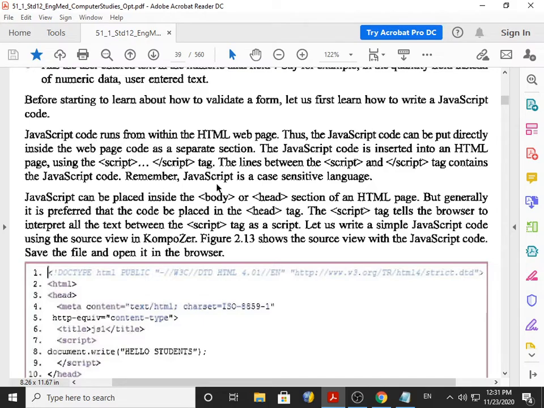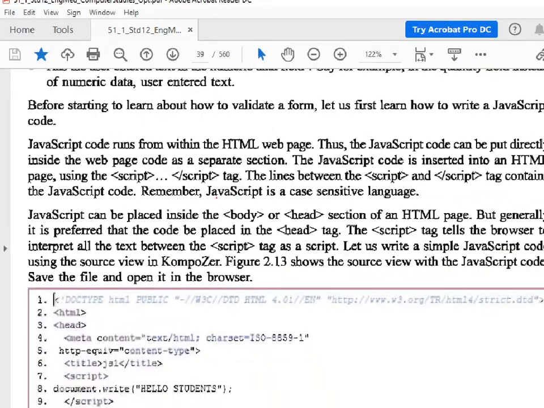Remember, please underline, very important sentence: JavaScript is case sensitive. It means whatever we are writing in JavaScript, we have to be very careful about capital and small. If the instructions of JavaScript are in small, then we also have to write in small. If the people who created JavaScript created a sentence in small, then we have to write that sentence in small. And if they created a sentence in capital, then we need to write it in capital, otherwise an error message will show.